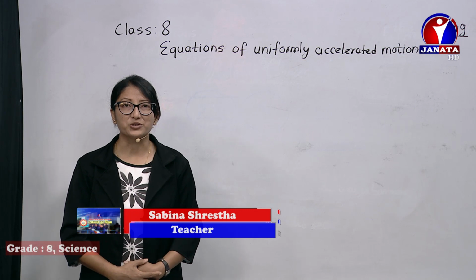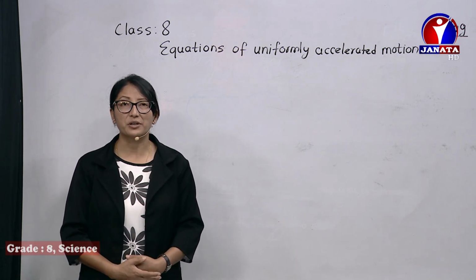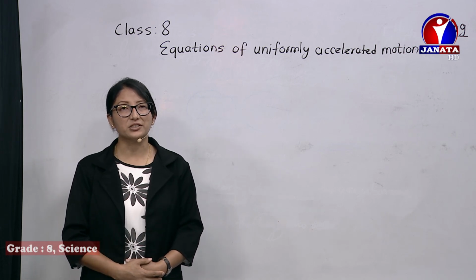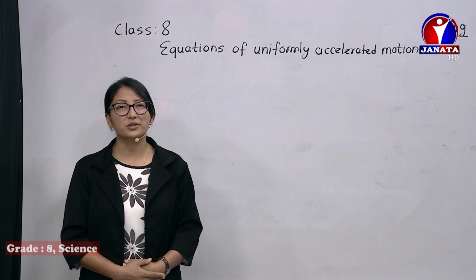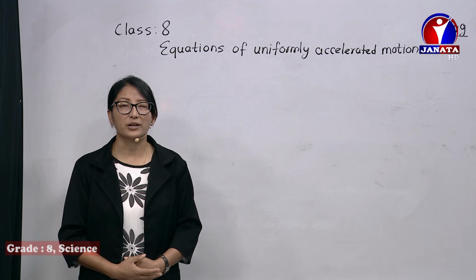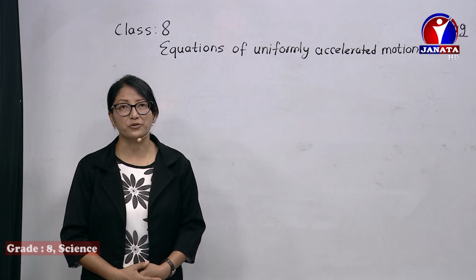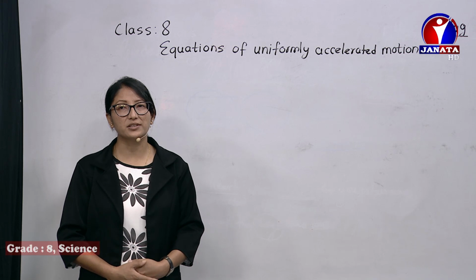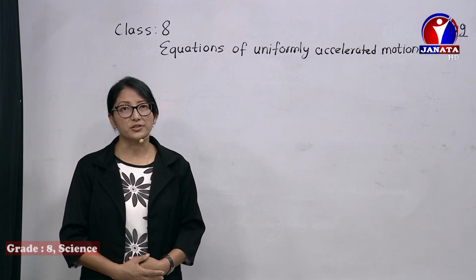So today we are here to continue the lesson force and motion. I think you all remember it's velocity and acceleration. In the previous class we learned about different types of velocity. If you recall, we learned about rest, motion, what is rest, what is motion, relative terms, and also different types of velocity: uniform velocity, non-uniform velocity, average velocity. We also learned a little bit about acceleration and retardation, and we solved some numericals related to it.